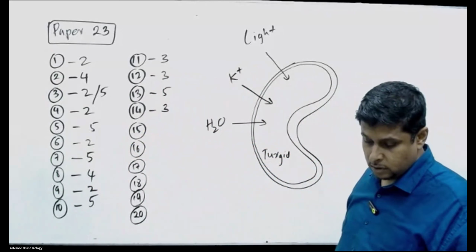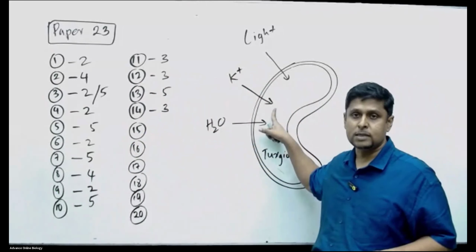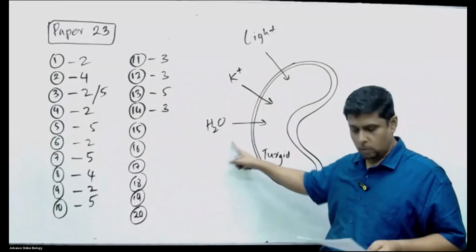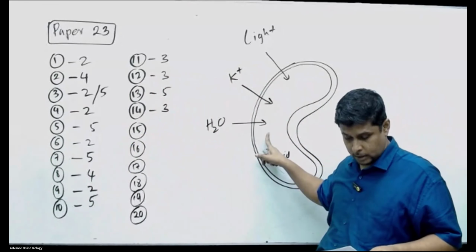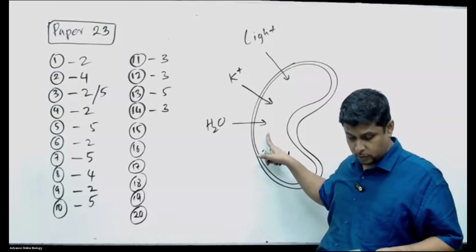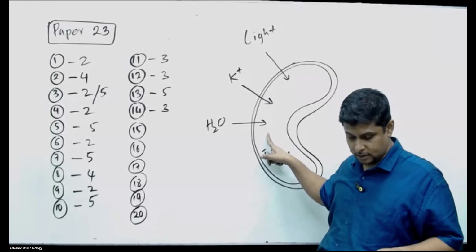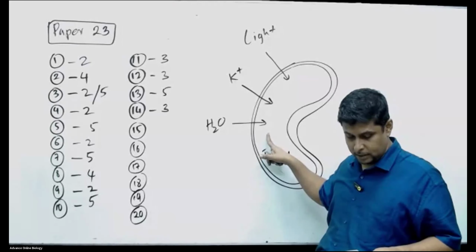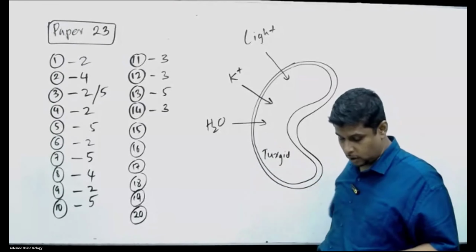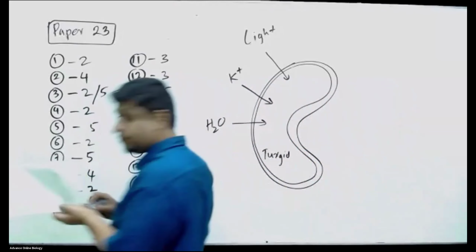So, correct sequence of the events. Decrease of water potential. Why water potential decrease? Potassium transport occurs, so water potential decreases. Water enters. So, we will take decrease of water potential first. Then influx of water second. And then the increase in the turgidity. And then we will take expansion of the cells. And finally, bending of the inner wall. I'm taking fourth one as the answer. Question number 15, fourth is the answer.